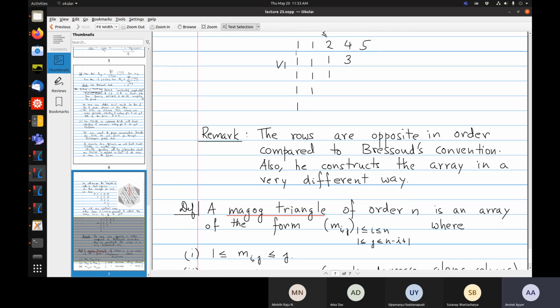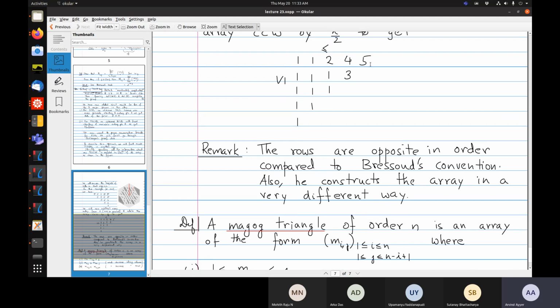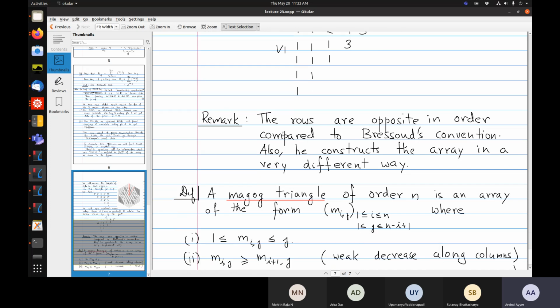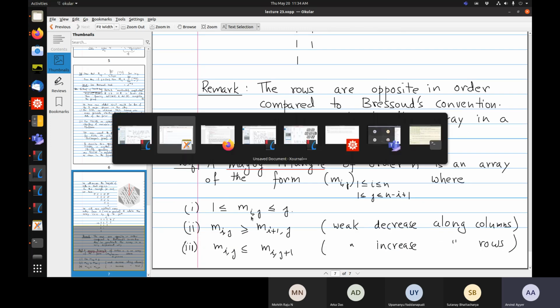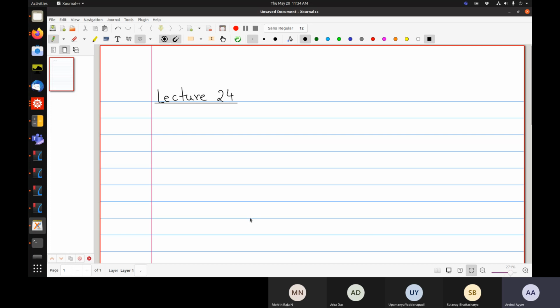They are weakly increasing along rows, weakly decreasing down columns, and the entries in the jth column are less than or equal to j, and all entries are positive integers. Okay, so this was what we said last time, and let's now construct